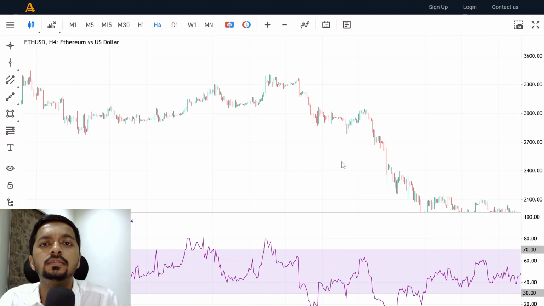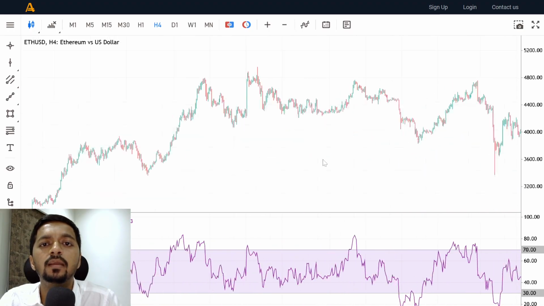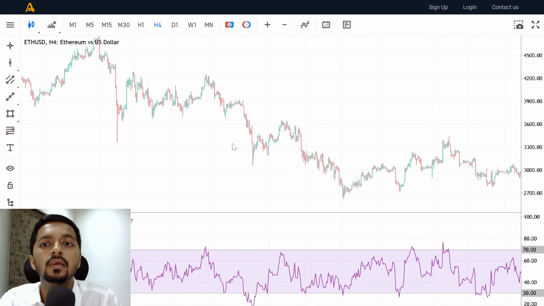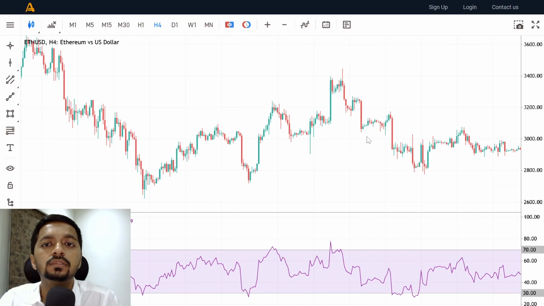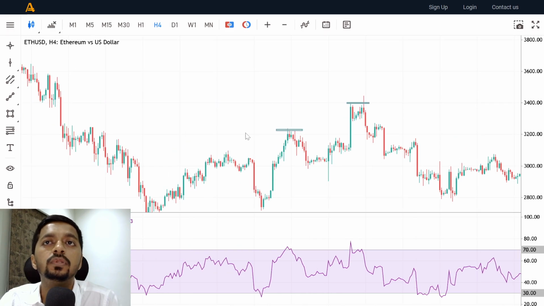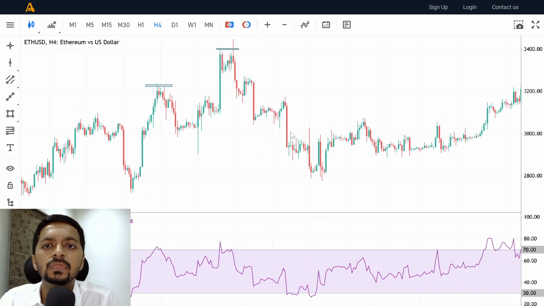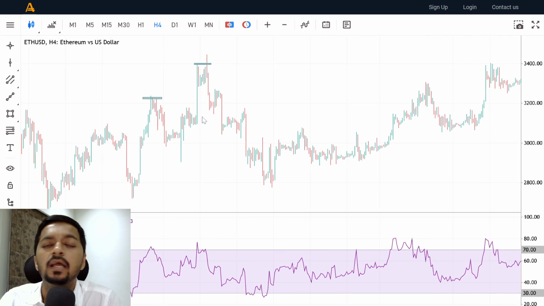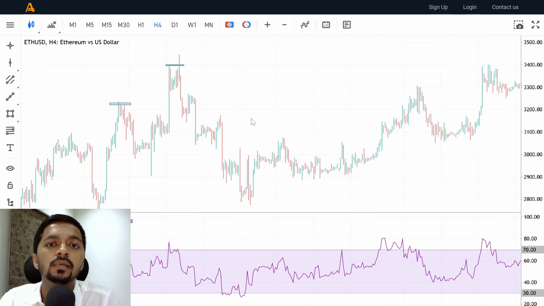So if you see, this is a strong downward trend going on in the market. Just 1 minute. So as and when the RSI value crosses above 70, this is the time where you need to look for the short trade. You just need to follow the same existing trend. So by doing this, your probability of success will increase automatically. Also, you can align your trade with the existing trend. So if you see this, 7 or 8 out of 10 times, you might get success by doing this,